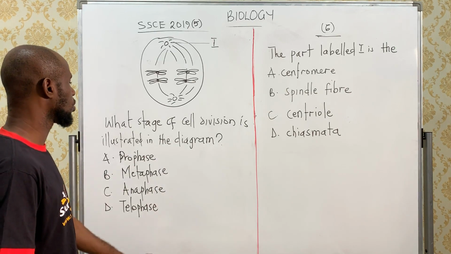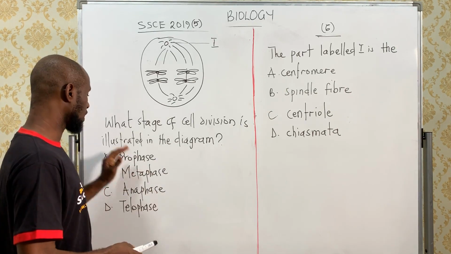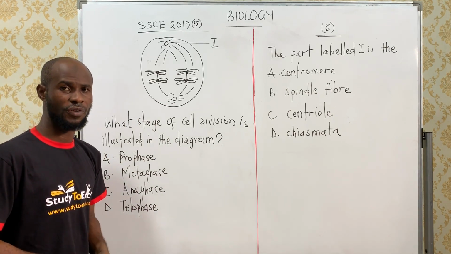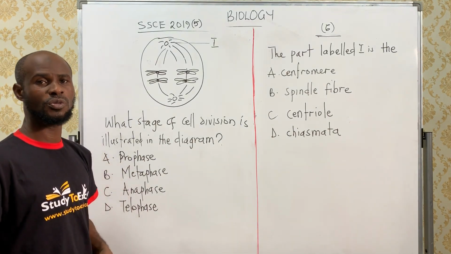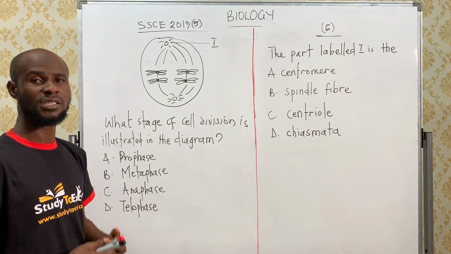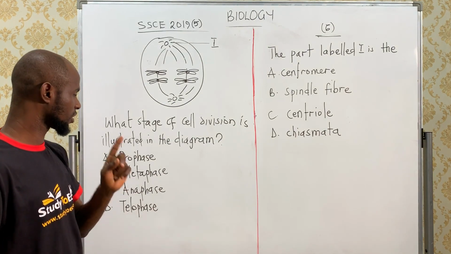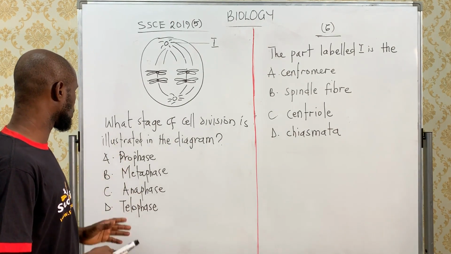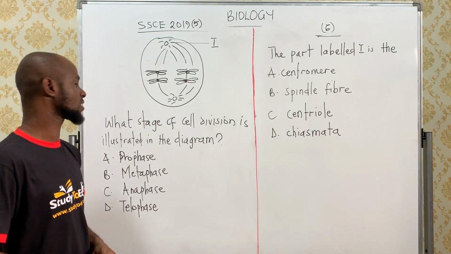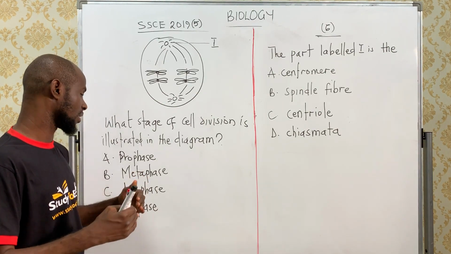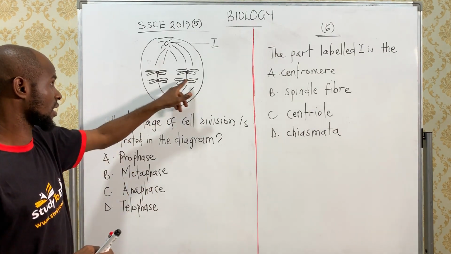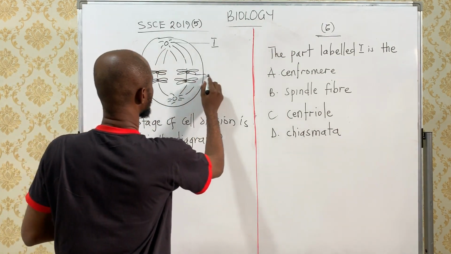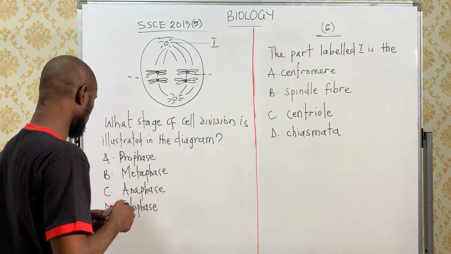Let me just give you the major event that occurs in each of the stages, then we'll pick our answer. The major event in the prophase is that each chromosome becomes visible as two chromatids. Number B is the metaphase. In the metaphase, the chromosomes align at the equator, and you can see here that the chromosomes align at the equator. So the answer is